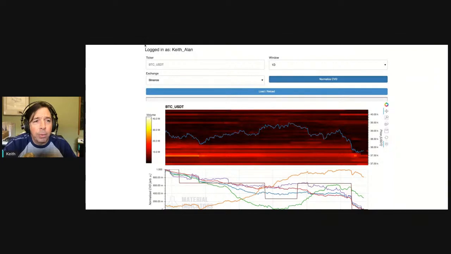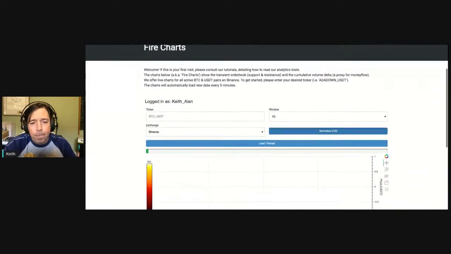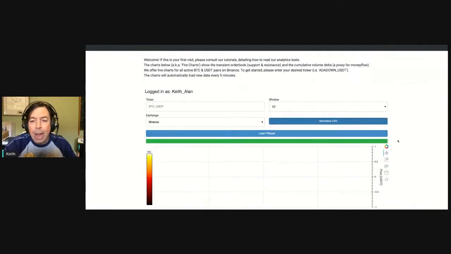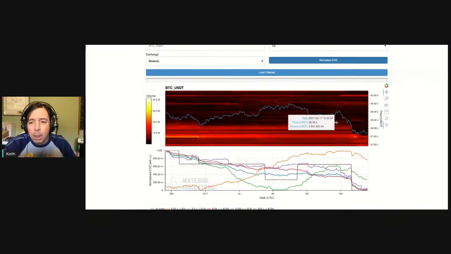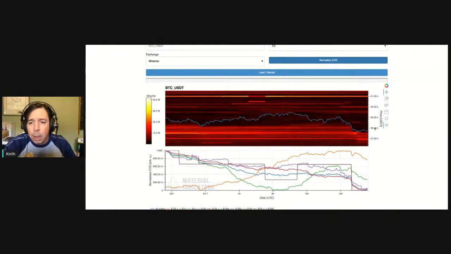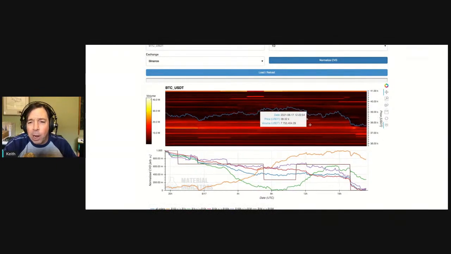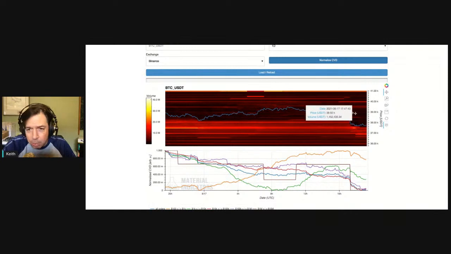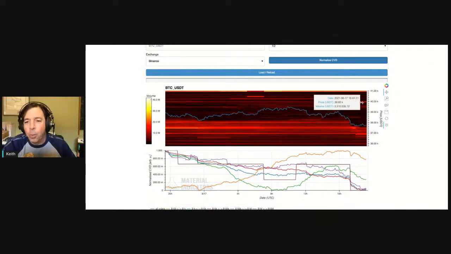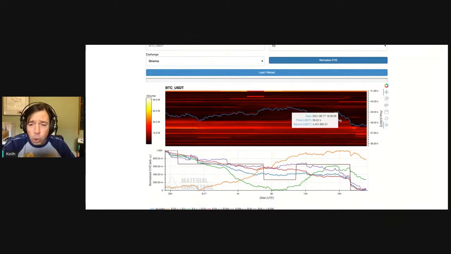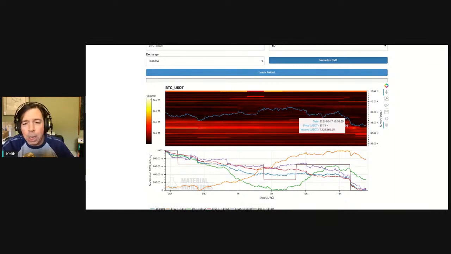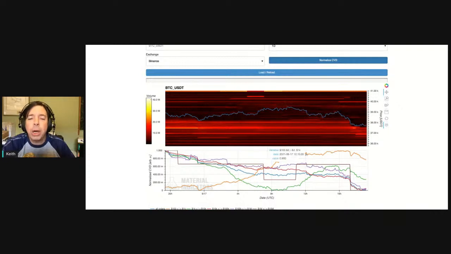Let's get a refresh on this screen and see how things are shaping up. Okay, so if you wanted to pick your targets on fire charts, you could be conservative in this area, basically looking for where the resistance is to figure out the move. Or maybe you just want to do short scalps and pick up smaller trades and do it in higher frequency. However you want to use it is up to you.